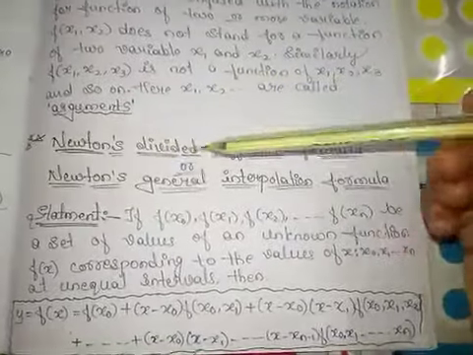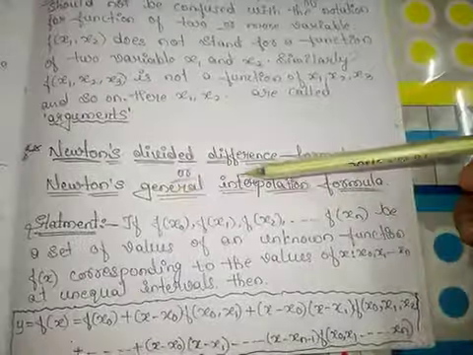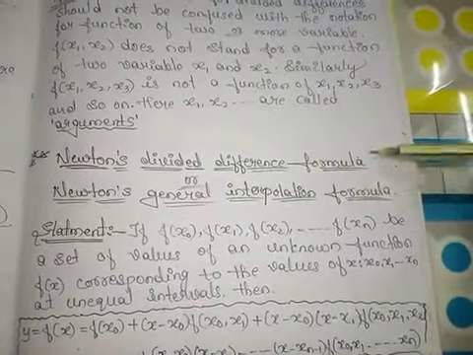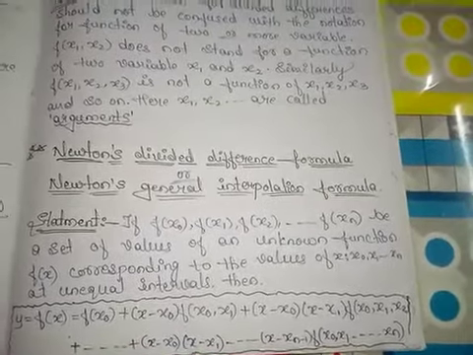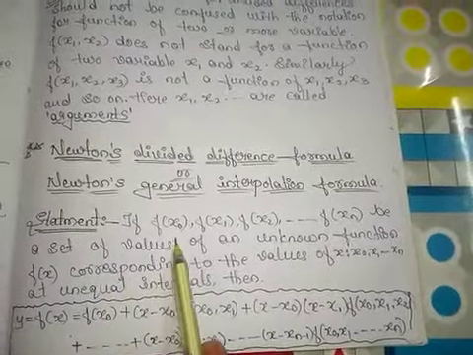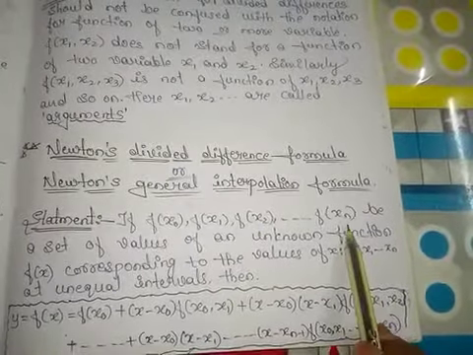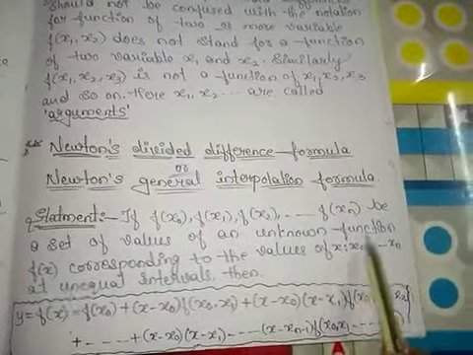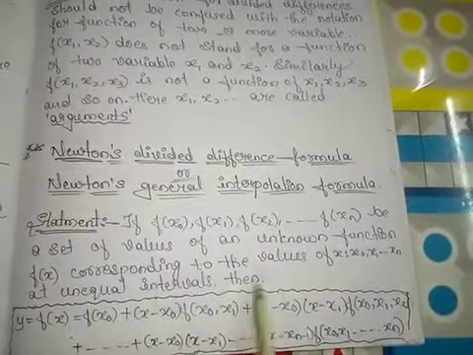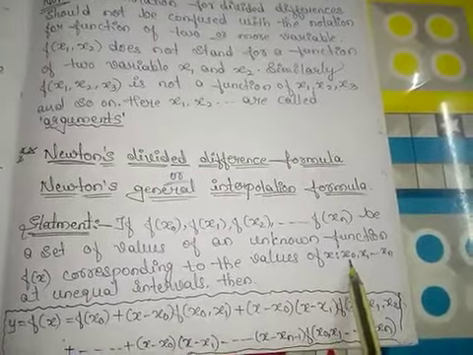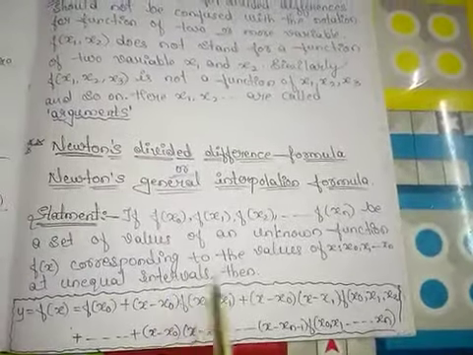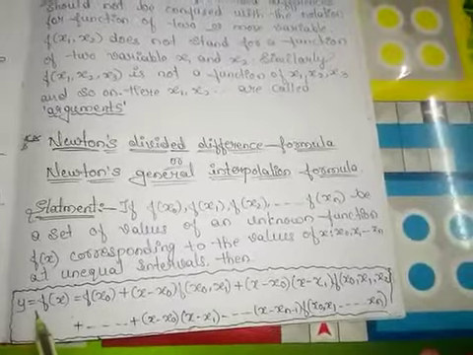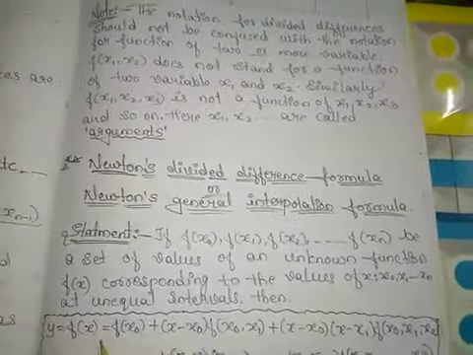Next is formula. Newton divided difference formula. Newton's generalized interpolation formula. Both are same. Newton divided difference formula or Newton's general interpolation formula. Statement: if f of x0, f of x1, f of x2, so on to f of xn be a set of values of an unknown function f of x corresponding to the values of x, where x values are x0 to xn at unequal intervals. This is important. At unequal intervals,